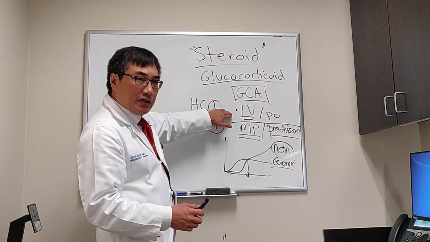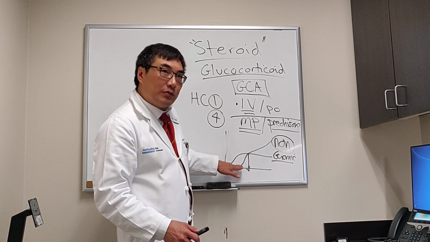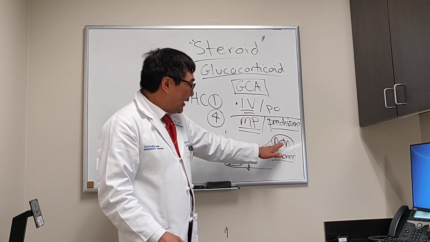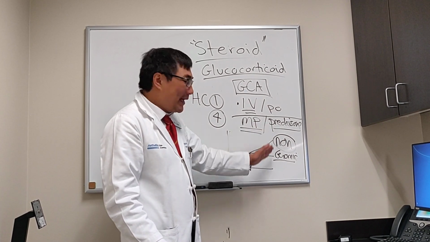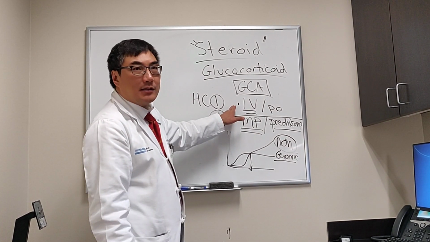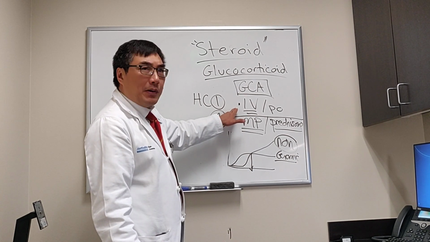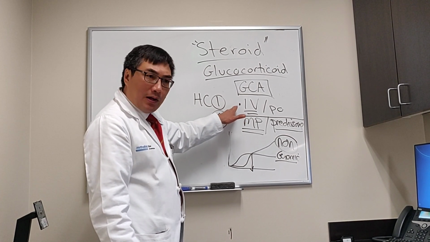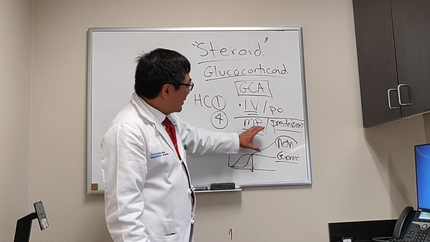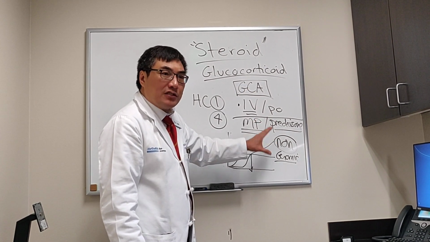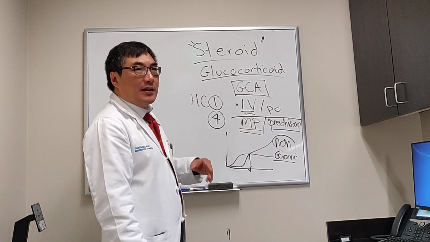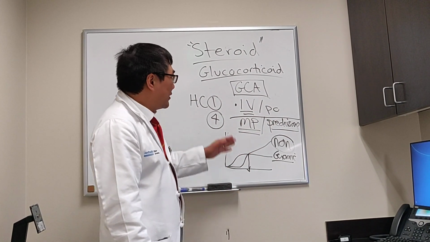Those also need intravenous steroids for the same reason. We're trying to achieve a total effect that is more non-genomic than genomic effect. We want that level to be high, and the dose has to be high, and the route has to be intravenous. And that's called pulse. So we give patients pulse therapy when we're trying to treat something acute, and we need high levels, and we need those non-genomic effects really quickly because the patient is no light perception or light perception vision. So that's NMO